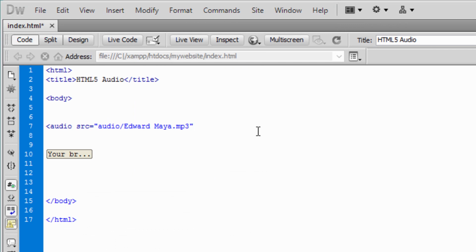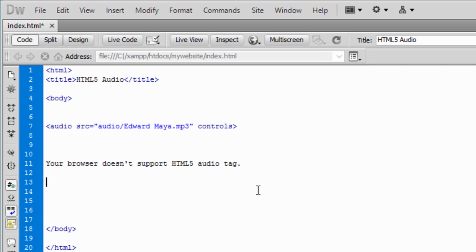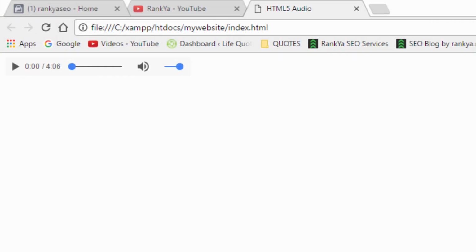The path to it. And let's give some controls to the visitor, so they have some controls. Also, let's give a notice just in case someone is visiting us and they don't have the correct browser. Let's save this file and let's view it on our browser. And that's our audio element. If I press it,